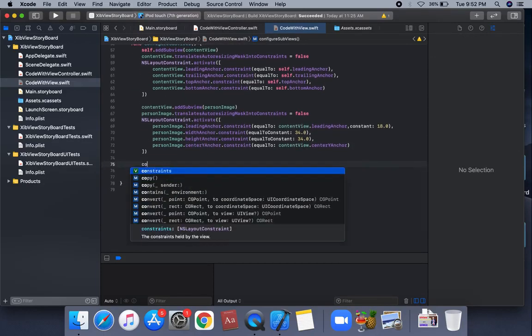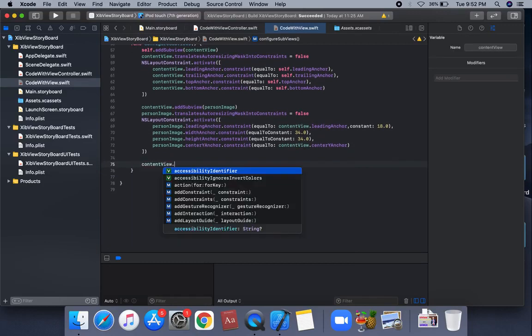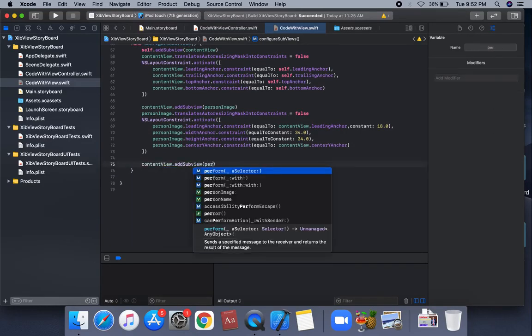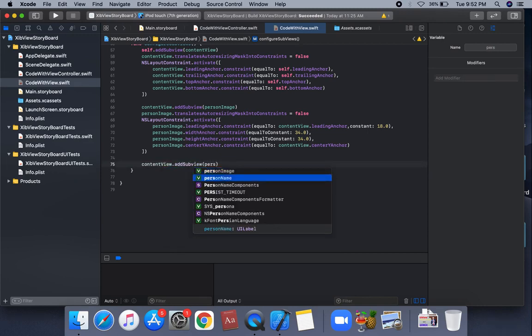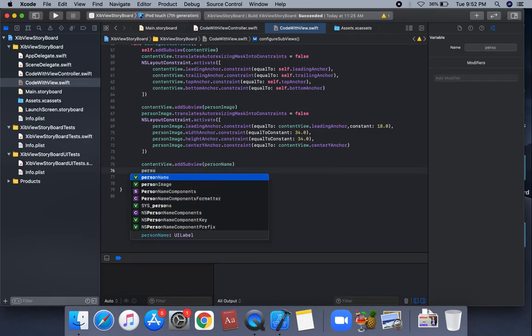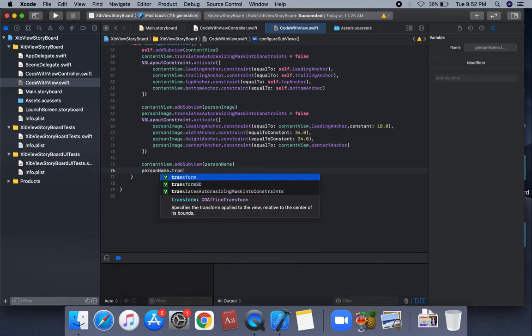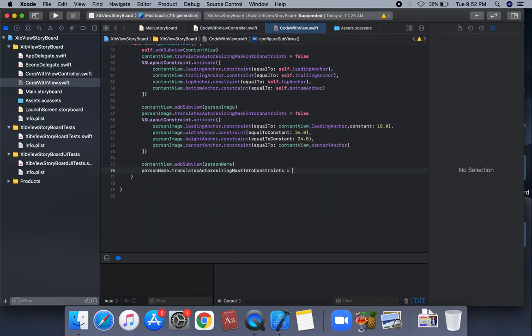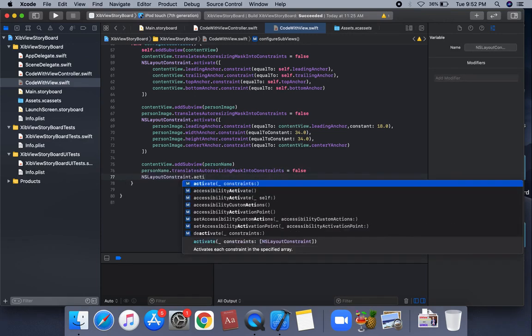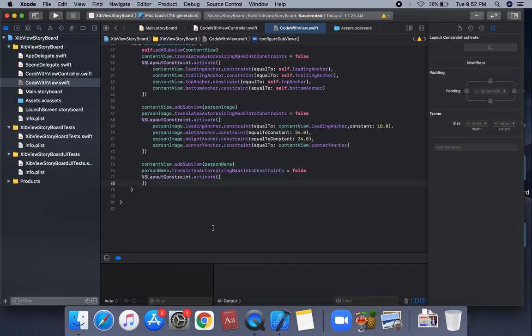So this is contentView.addSubview, and this is the person name. We're going to force this property, personName.translatesAutoresizingMaskIntoConstraints is equal to false, and we're going to apply this constraint, NSLayoutConstraint.activate, an array of constraints.